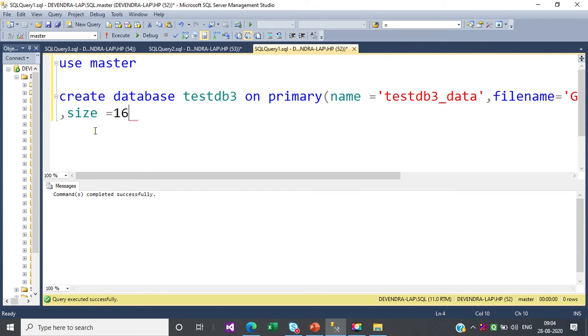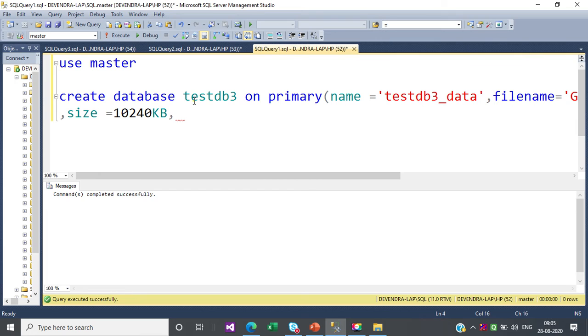Okay, so we know for 1024 KB we have 1 MB, then for 10 MB how much size do we have? We need to multiply 1024 by 10. Okay, so its size is 10240. If we multiply 10 by 1024, then it's a 10 MB file size, but we need to mention the size in terms of KB.